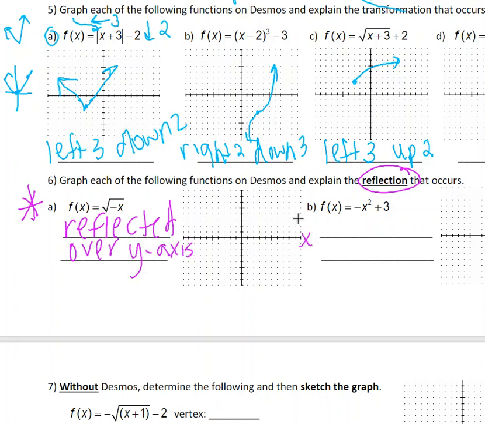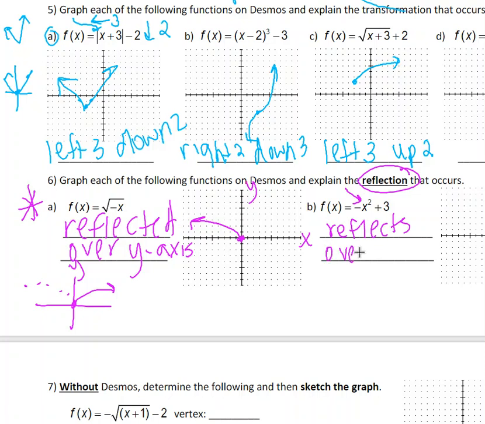So here's the x-axis, here's the y-axis. My normal square root graph looks like this. If it's reflected over the y-axis, it ends up going backwards like this. Roughly like that. Here, negative x squared plus 3, the negative when it's in the front, it reflects